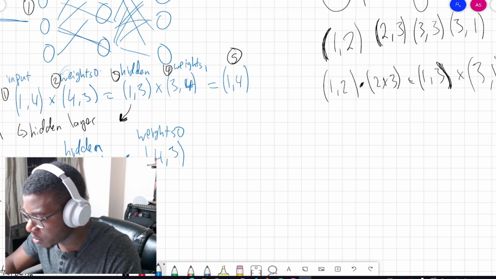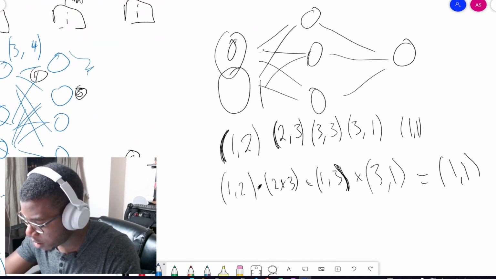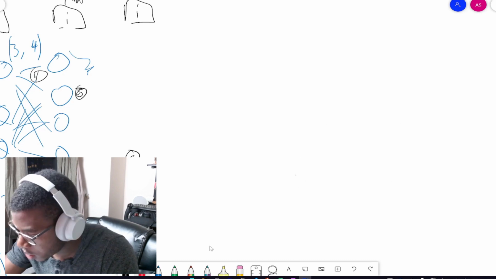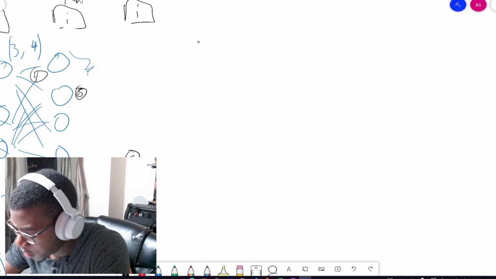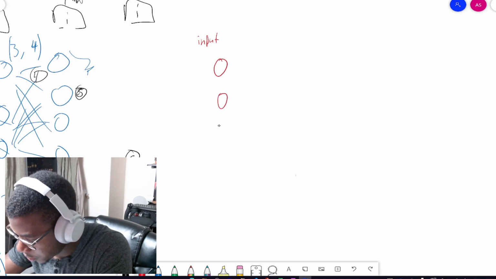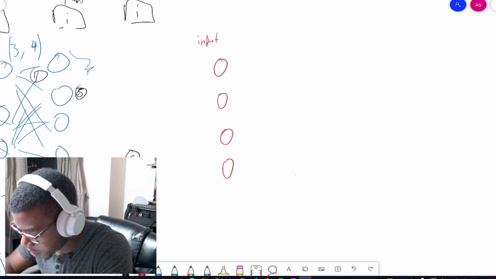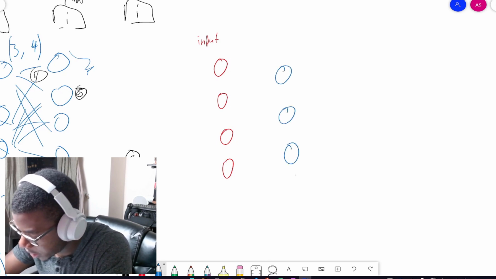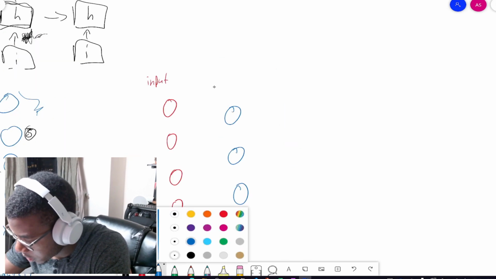So let me just draw something right beside it that might better accurately represent what this thing does and what it is. So let me say this is our input. We have 1, 2, 3, 4 nodes. And then we have our hidden layer, in this case only 3. 1, 2, 3. So it's the current